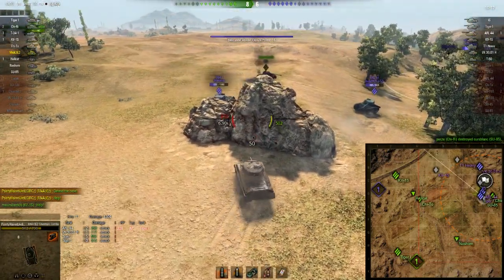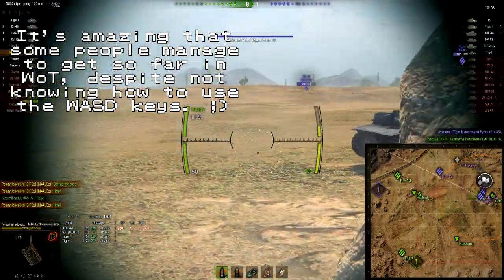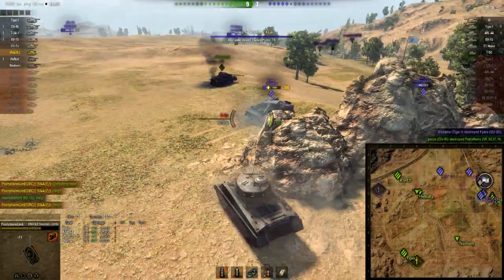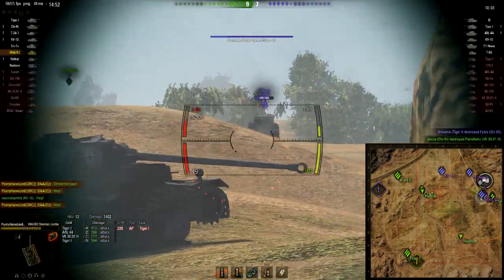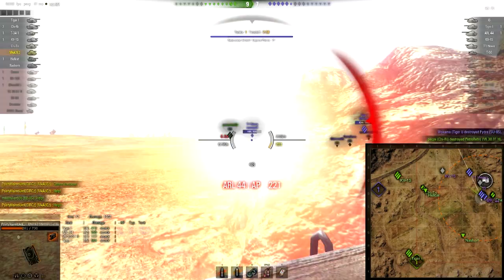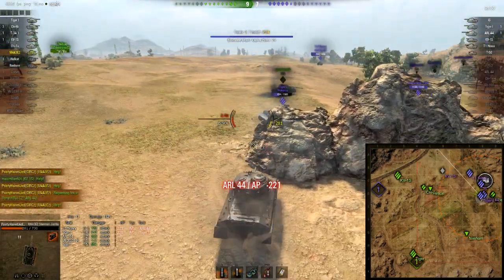The Nashorn is not moving at all, and this should be a very easy situation to cope with, because most of the enemy team is concentrated in this one spot. You just encircle them, take them out, boom, win. Not working out like that, however, because I am now...